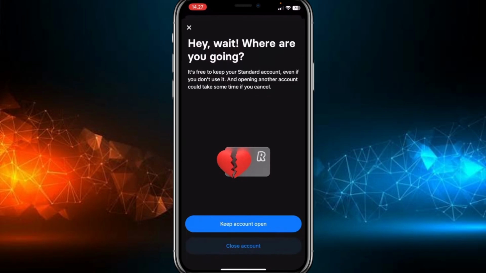That's it. Open the app, go to your profile, head into account settings, choose close account, confirm, and follow the